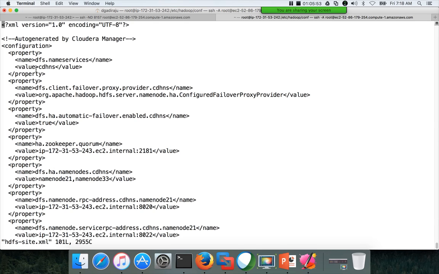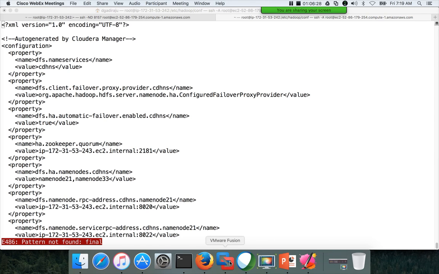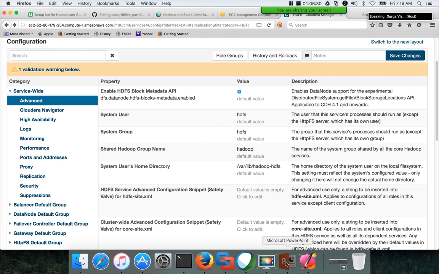Anyway, when you are using tools like Cloudera Manager or Hortonworks Ambari, you should not modify the files directly. You have to use the Cloudera Manager configurations only to modify certain parameters. Using Cloudera Manager, how to make it final, I am not sure. But with Hortonworks, it is very straightforward. There will be an option with a lock symbol after each parameter. You just have to click on that, and then it will become final. That is the relevance of final, which you need to understand as an administrator.